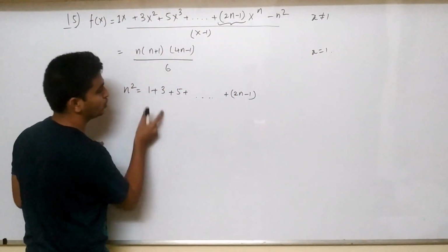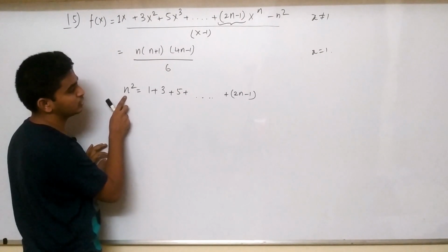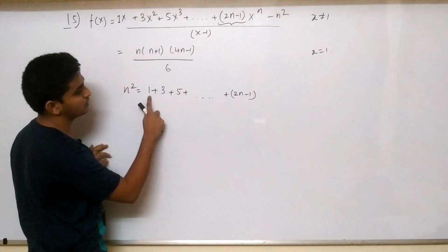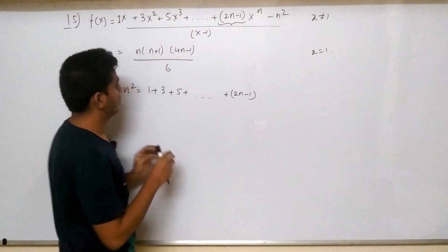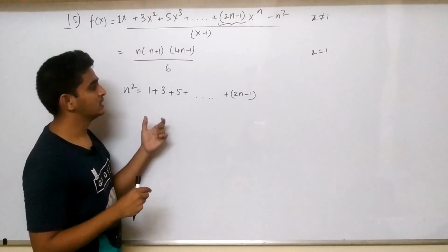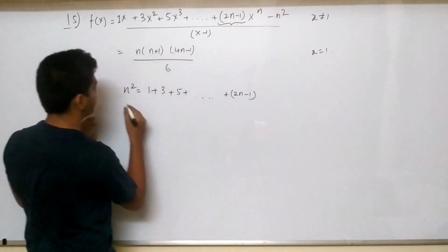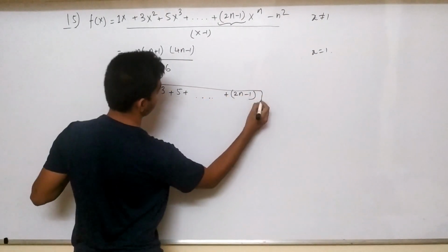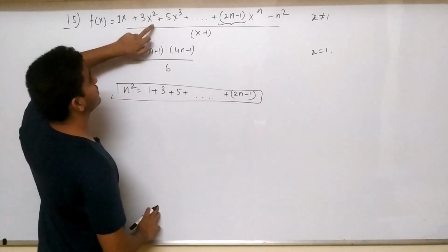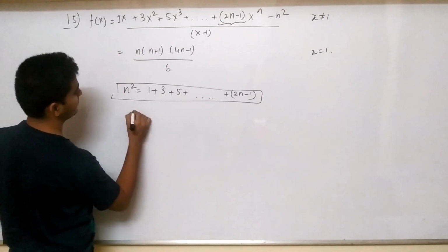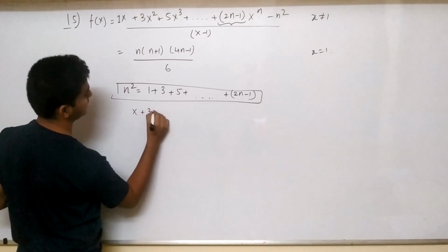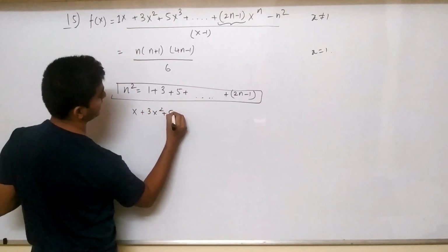How? If we take n equals 2, you will take the first 2 terms, which is 1 plus 3, which is 4. So 2 squared is 4. So this equation particularly satisfies what is n square. So we need to plug in this n square in this equation. So what we will have is x plus 3x square plus 5x cube